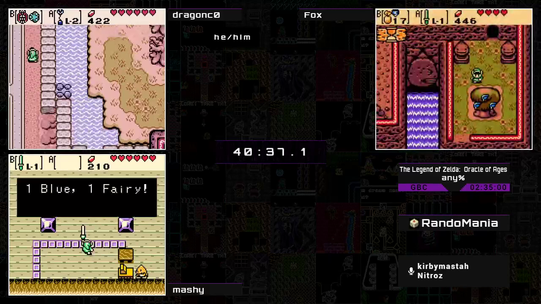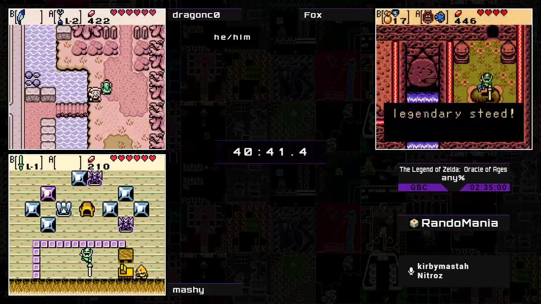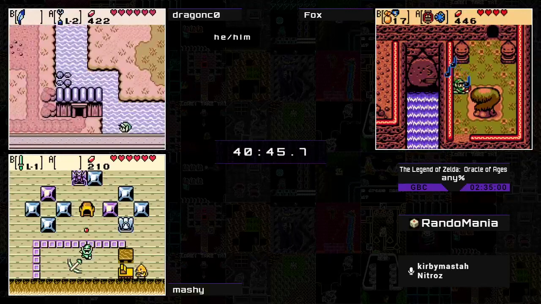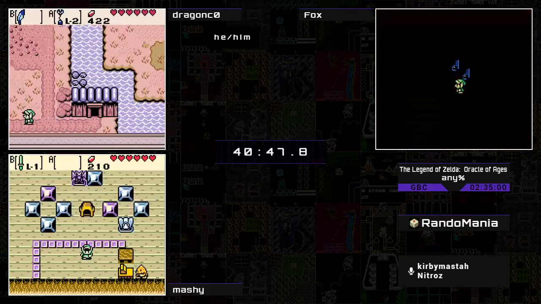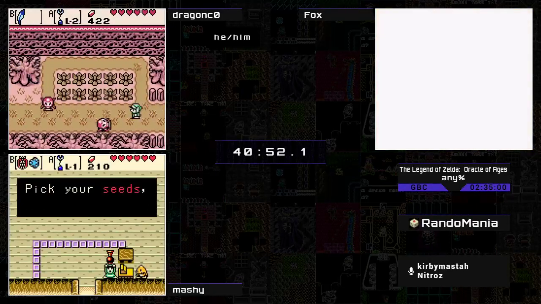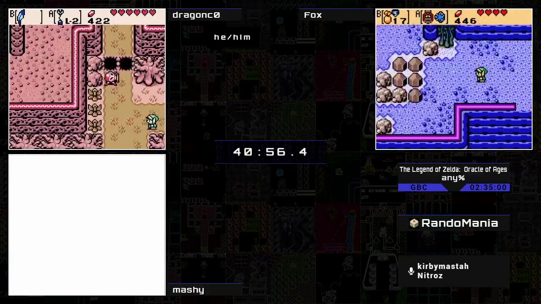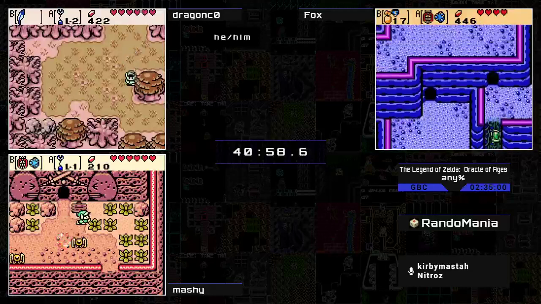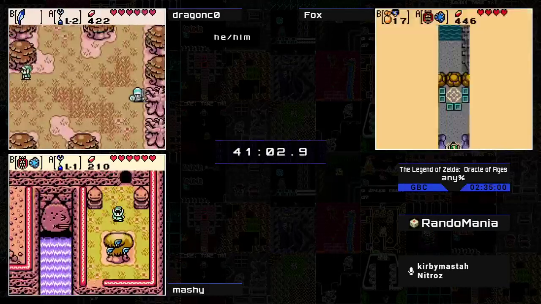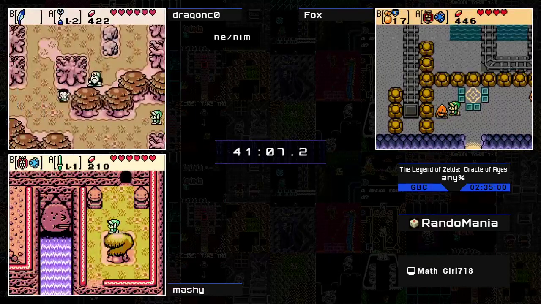Mashy playing the shooting gallery minigame, you only actually need 100 points to win it, so he's just slashing the one pattern where you get 130 right above you, and then slashing down on the other ones, just to reduce some text. He gets a seed shooter, another really important item that you need to complete the game. Is Fox anywhere near that? Oh yeah, he's probably gonna get it soon too. That's very unfortunate for Dragon to miss that one. He's gonna have to go back. He's probably not gonna come back here for a while either, so...